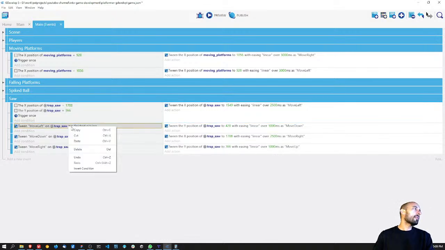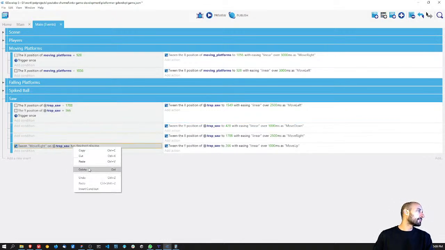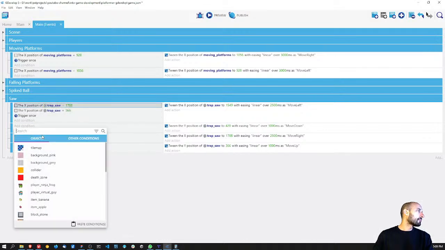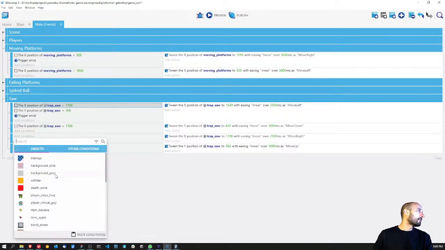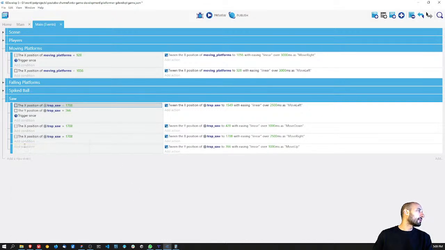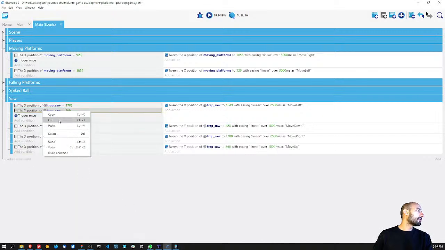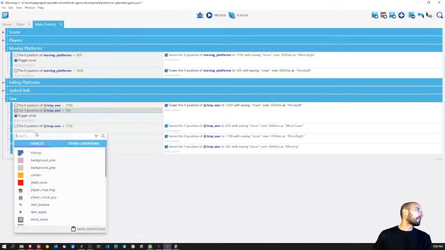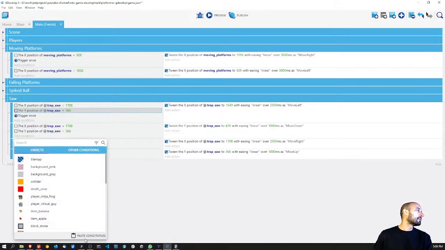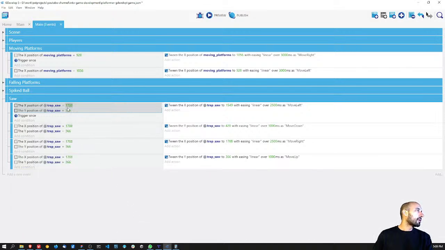Okay, and now I'm going to delete all this. I'm going to copy these ones. I think all of them are going to have X and Y conditions. And I don't know if we can just compare the entire position. It doesn't make sense, but it would be cool to be able to do it. But I'm not sure. So it is this and this. Okay, so this triggers once when the Y position is 428, 159, 1549, and it's 428, it's going to move